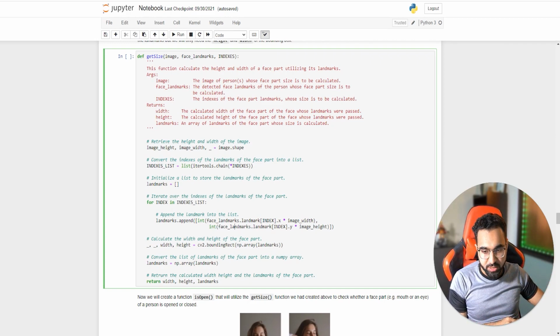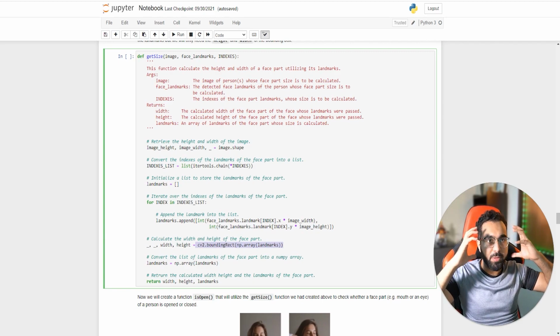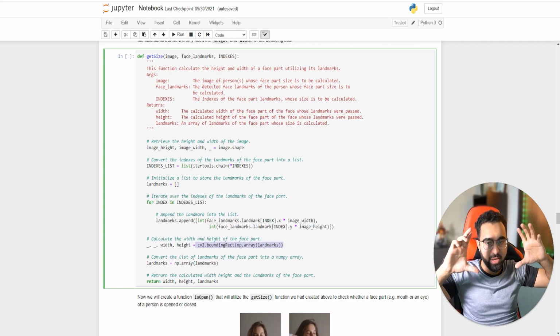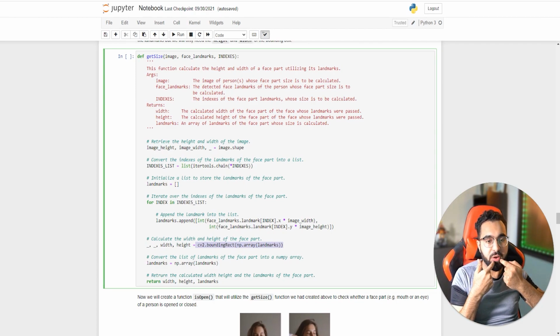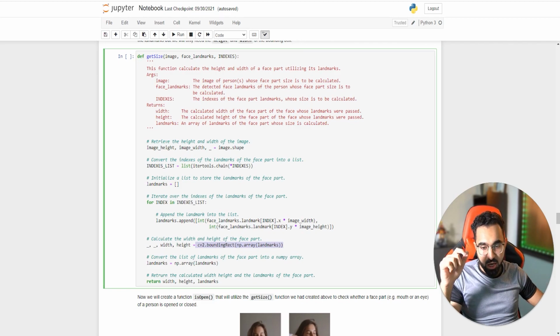And then after that, I'm going to get a bounding rect on these indexes, and then of that bounding rect, I'm going to return the landmarks. This bounding rect function in OpenCV will give me the width and the height, and this rectangular box will be big if the area is expanded. And if the area is shrunk, like if my eyes are closed or my mouth is closed, then if you create a bounding box with OpenCV on here, that bounding box will be small. But if I open my mouth and then draw a bounding box, then that box would be a lot bigger.